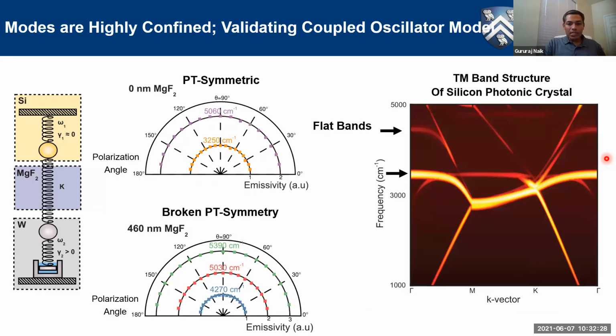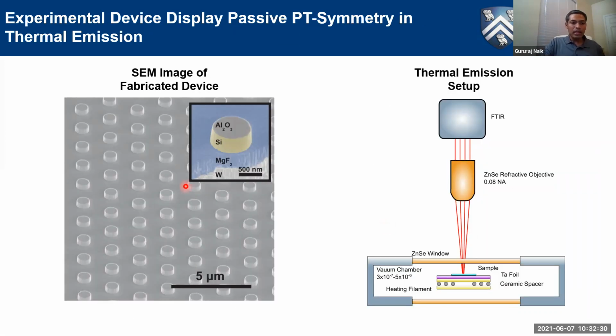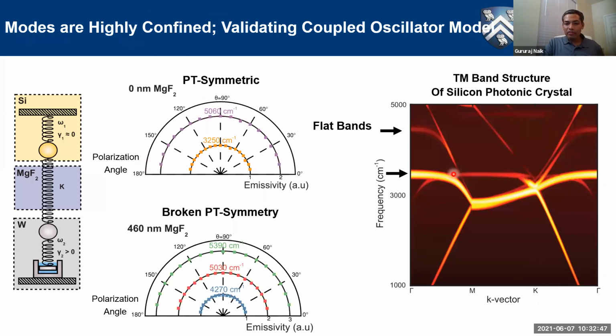In fact, this is an array, so I skipped a few details of how we designed this. We actually want very local modes in the system, for which we use the concept of bound state in continuum. So we designed this hexagonal lattice in which we localize the electric dipolar modes in individual silicon resonators. And we have a flat band here, which is that localized mode in the system. So if we look at the thermal emission from the system, we see it has no dependence on angle, which is the indication of this flat band in our system. We saw that in experiments.